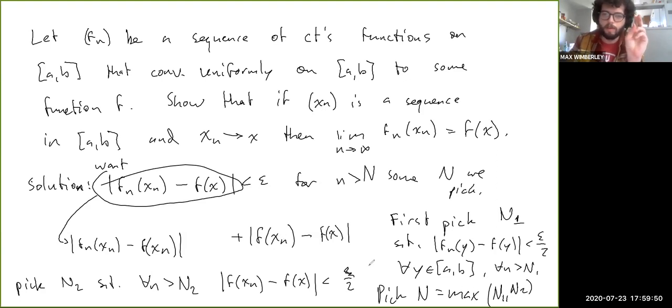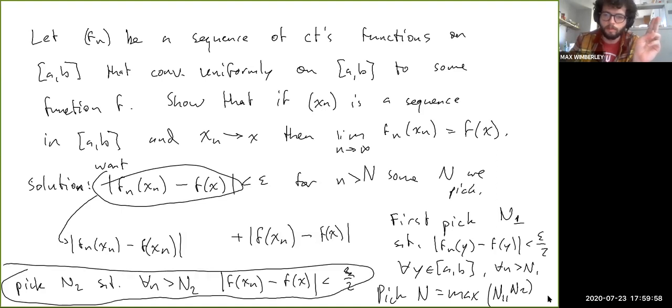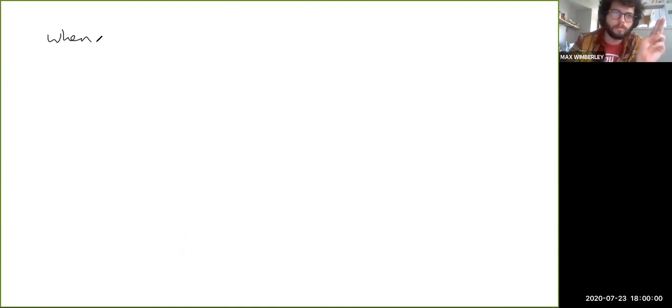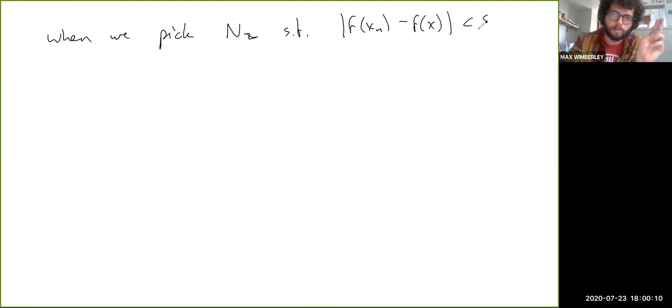Because when we pick n2 such that f of xn minus f of x is less than epsilon over 2 for all n greater than n2, what I'm really using, let me go to a new page,